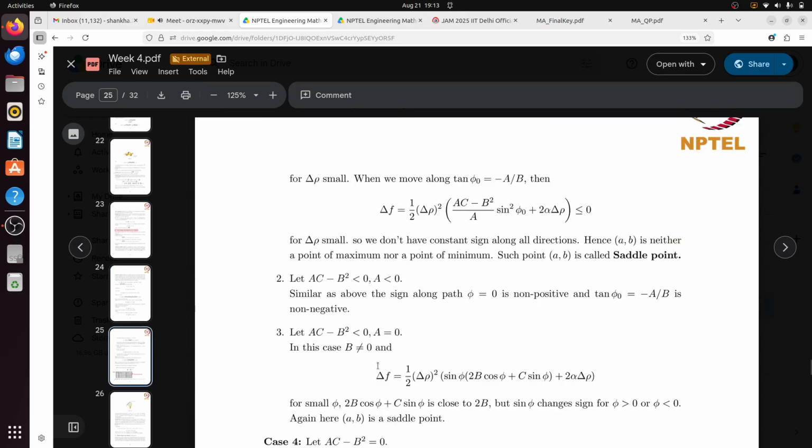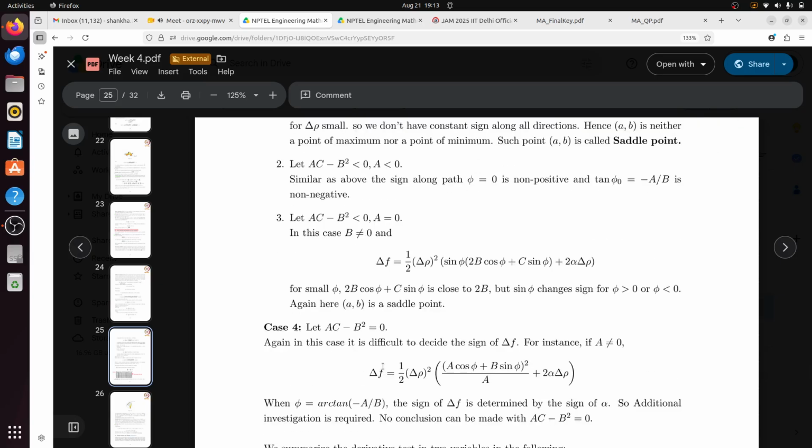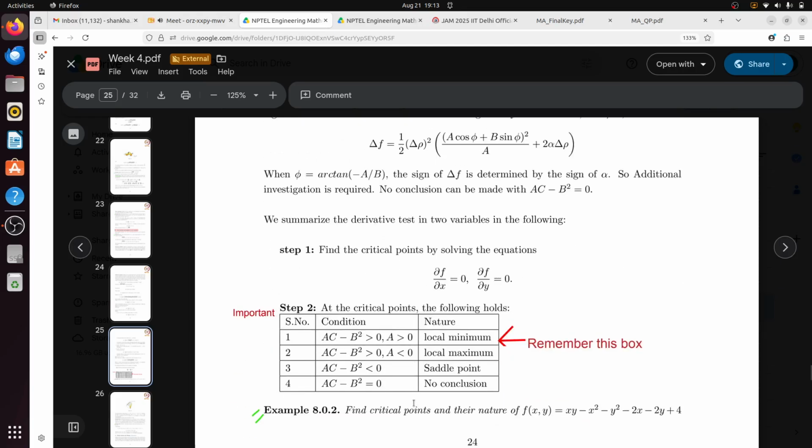Next, apart from maxima and minima, there is also another classification that is called a saddle point. Saddle point means that at (a, b) del f del x and del f del y are 0, but they are not satisfying the maxima or minima condition. So this type of point is called a saddle point. That means for a saddle point you will have local maxima on half of the sides and local minima on the other half. So that is called a saddle point.